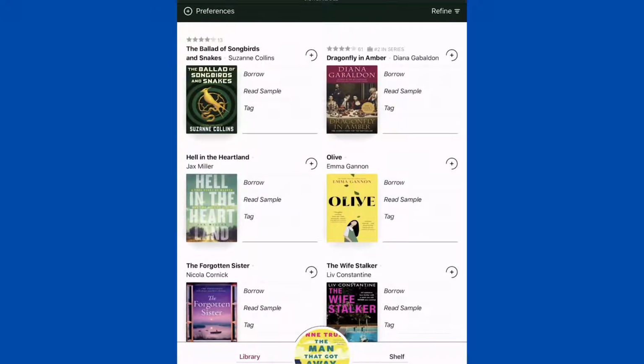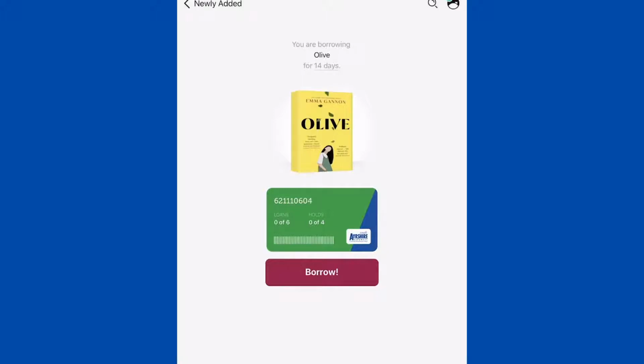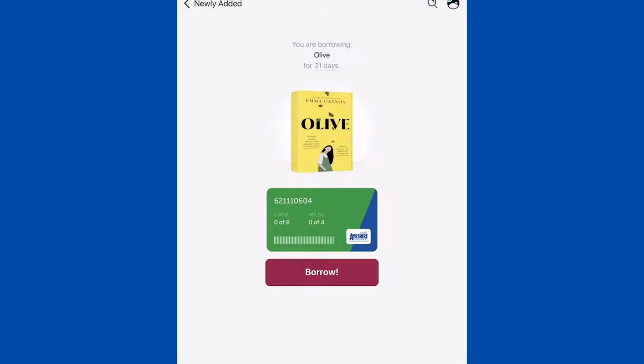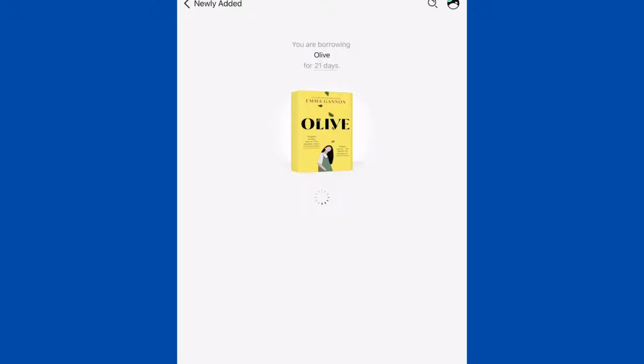So you have the option to borrow the book, read a sample, or tag the book. So if I just tap and borrow, and then it gives you the option to change how many days you want to borrow that book for. So you have the option of 7 days, 14 days or 21 days, and I'm just going to tap 21 days. I can return that book early, or if I forget, it will just come back to us automatically after 21 days. And then just down here I just tap on borrow,